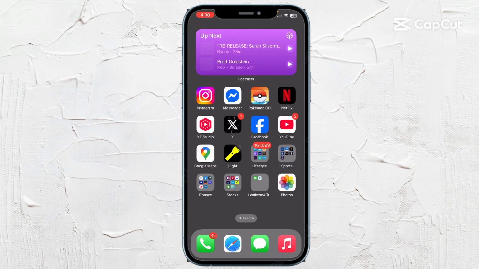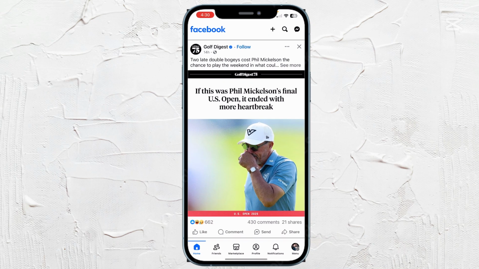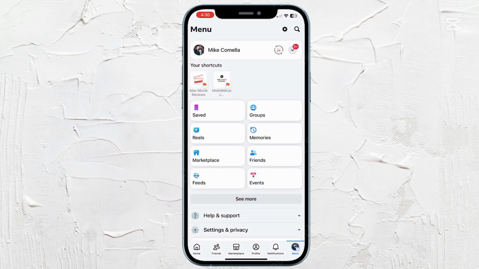How to add a follow button on your Facebook page. So what you want to do is go to your Facebook page, make sure you're logged into your own account, go to the menu at the bottom right hand corner here, and go ahead and click your name to get